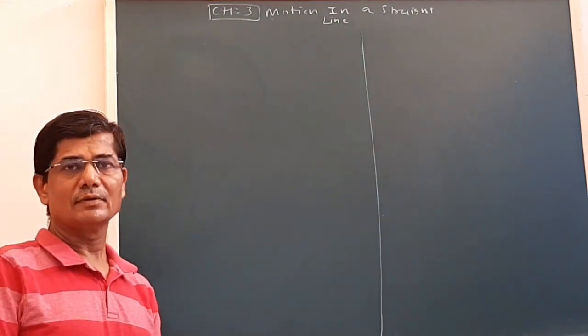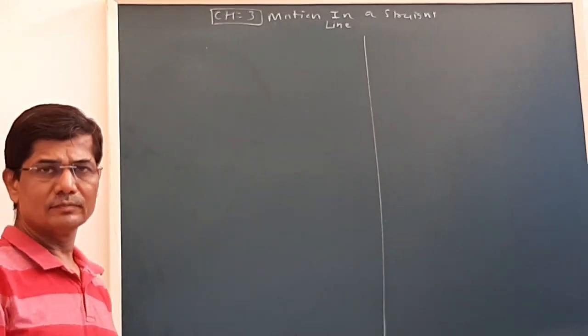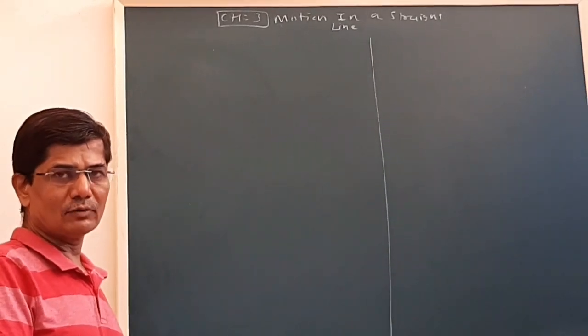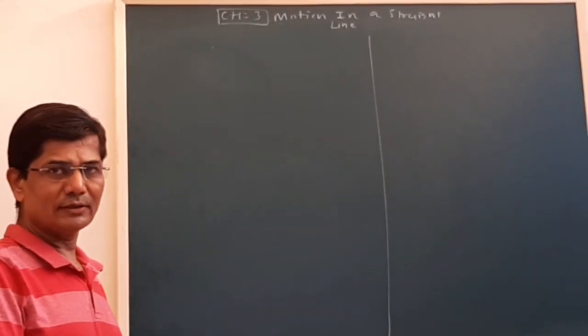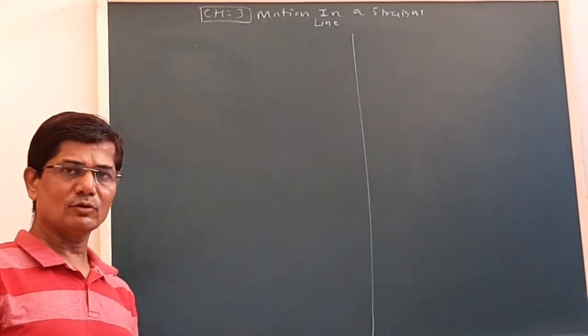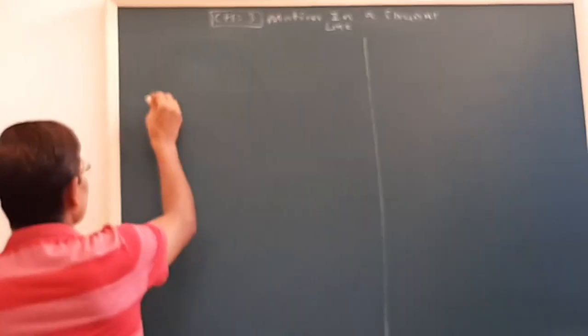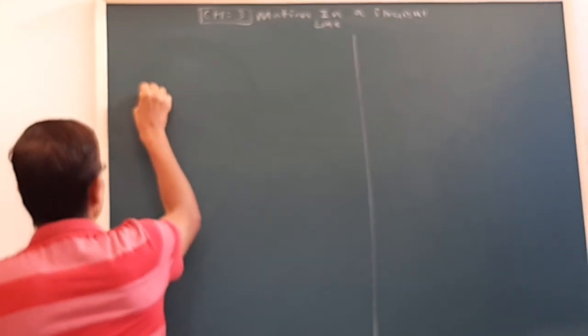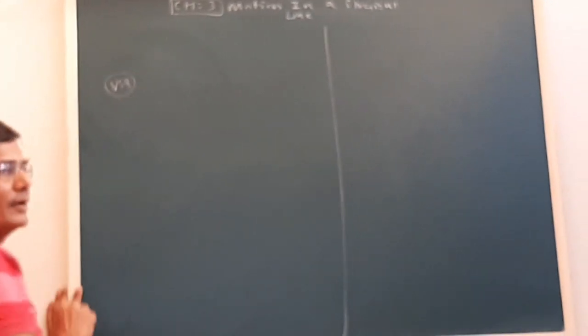Hello friends. Last time we saw the kinematic equations of motion in one dimension by using calculus. Earlier, we derived them by the graphical method. Today we take some examples based on this, and then we'll proceed. Now, let us take a simple example. This can be asked in a VSQ or MCQ.